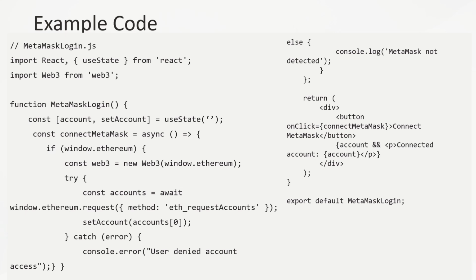The return statement of the component contains a div that renders a button labeled Connect MetaMask. When clicked, this button initiates the authentication process. If a user account is successfully obtained, a paragraph is rendered displaying the message Connected Account. In the event of an error, such as the user denying account access, an error message is logged to the console